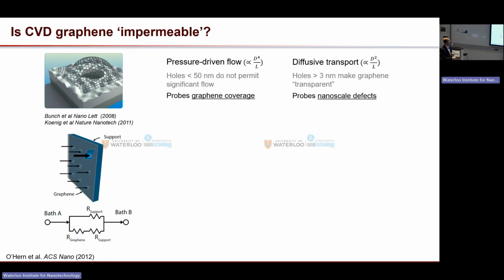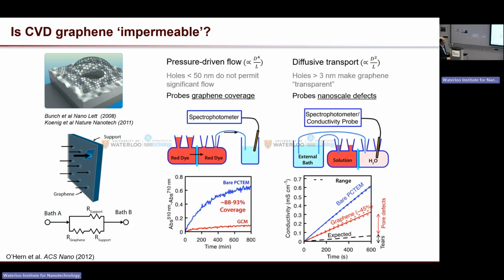So by comparing these two modes of transport on the same membrane in the same setup, we were basically able to probe, are there any pores in this few nanometer range in the graphene? And we did this experiment. I won't go into detail, but we have a membrane and two baths, and then we can look at pressure-driven flow and diffusion. And what we found is, just the support, there is a certain rate of transport. You put the graphene, it drops by about 90% in pressure-driven, but in diffusion, it only drops by about 50%